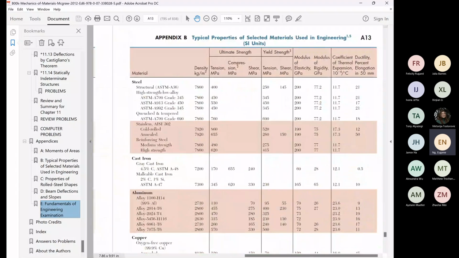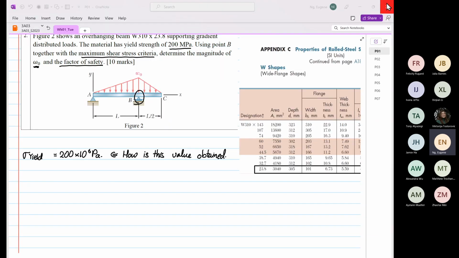You have a piece of steel, and this steel has a density. It posts the ultimate strength, yield strength, modulus of elasticity, modulus of rigidity. I'll go through more detail about all this information later with you, and what it actually means. I know it's straightforward, but how do they do the test? So now, how is this value obtained?